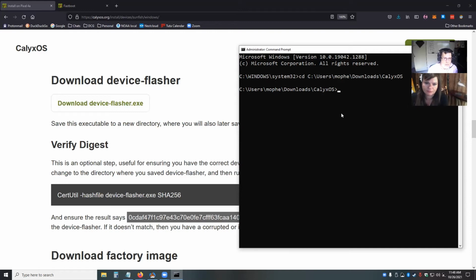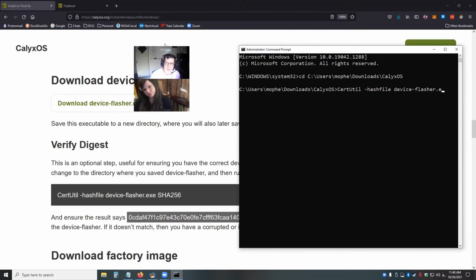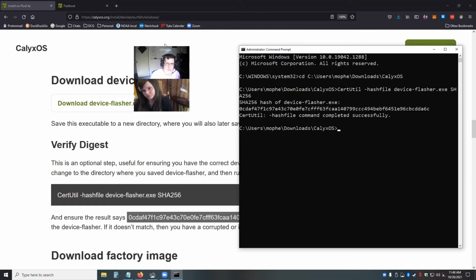So now I can type certutil -hashfile, and then the name of the file is just device flasher.exe, and then I want to see what the SHA-256 hash of this file is. So I will hit enter, and I get